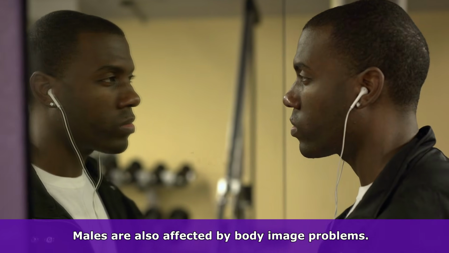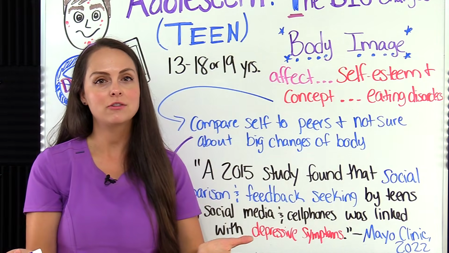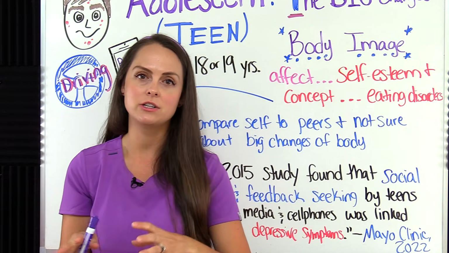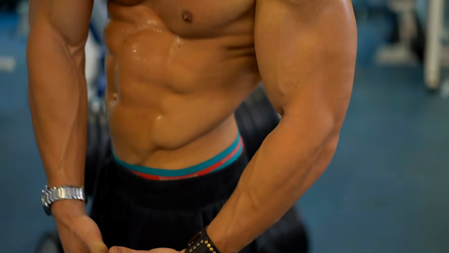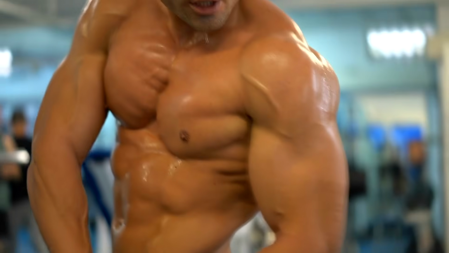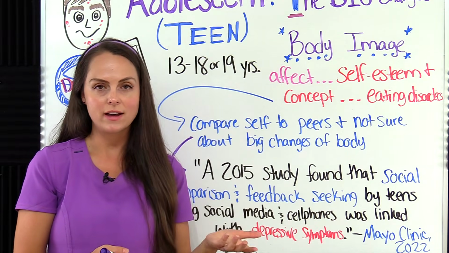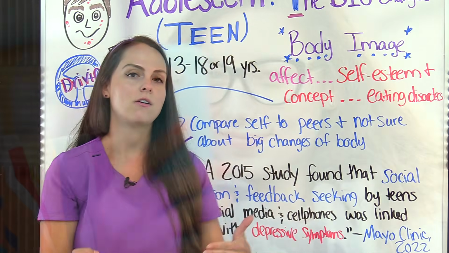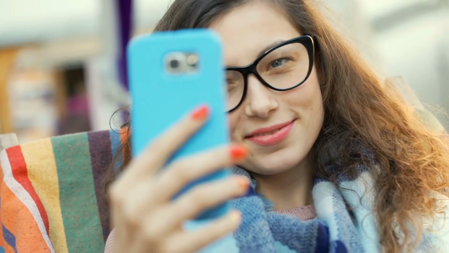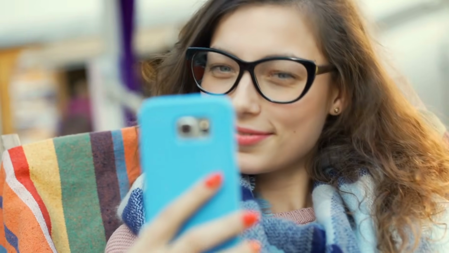Now, during the time that we live, this generation faces more challenges because we have the internet, which bombards us with media and social media, and it's constantly showing us what's pretty versus not what's pretty, what's the ideal body and what isn't the ideal body. So with this, teens like to use social apps, and one thing they like to do is post pictures and post videos, and they get feedback on those. And if they're not getting the feedback that they want, it could lead to a negative body image.